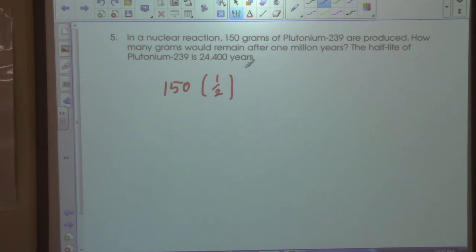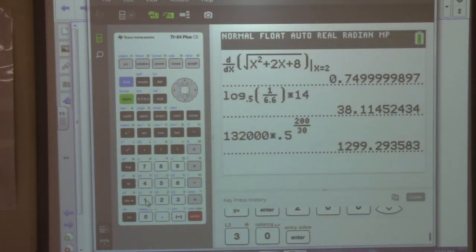T over 224. 1 million years, so it'd be like 1 million over 24,400. You can cancel off the zeros, and then you can divide it. You get 2,500 over 61. Yeah, I didn't do that. But when you put this in the calculator, you get 150 times 0.5 to the power of